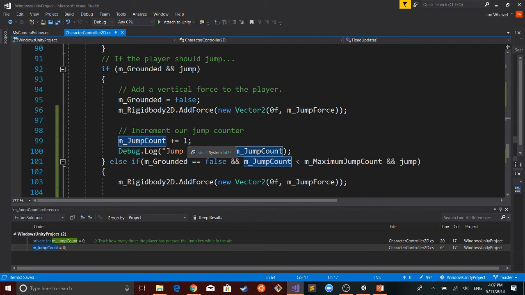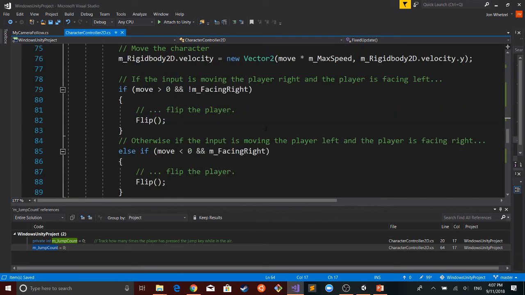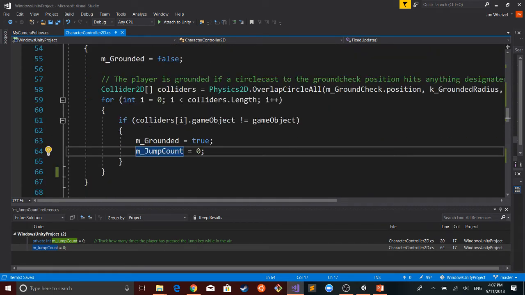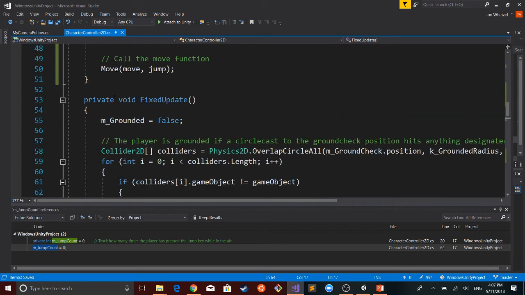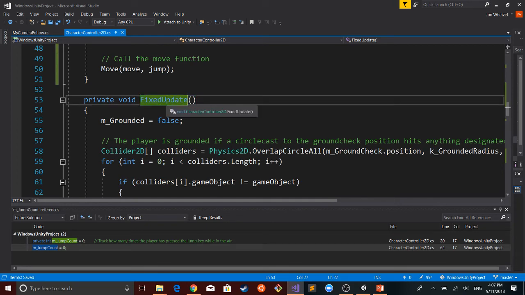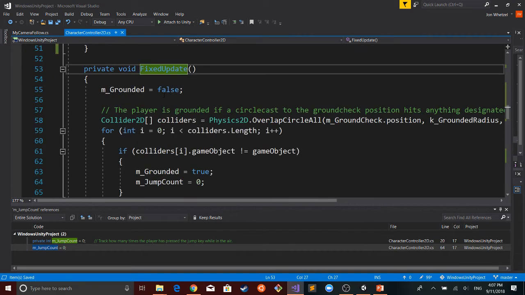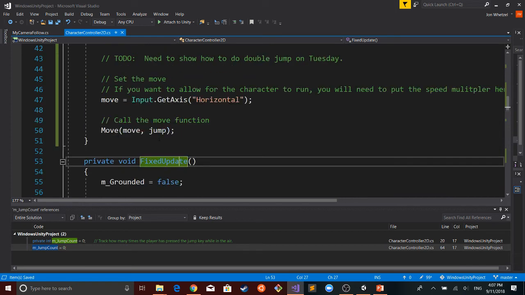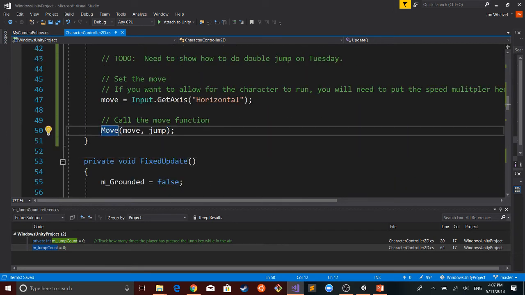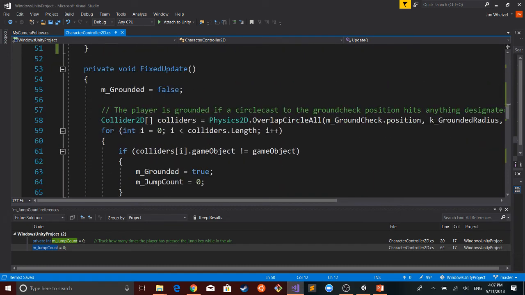I have a feeling we may end up running into the same problem. The reason being that what I think is happening right now is in this fixed update. Like I said, it's being called outside of the actual update.